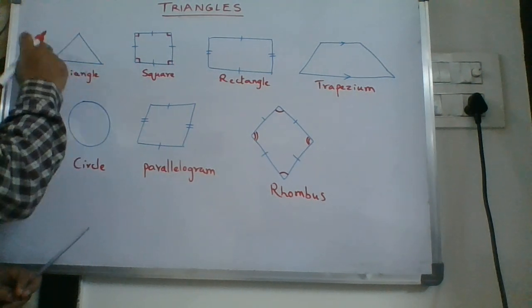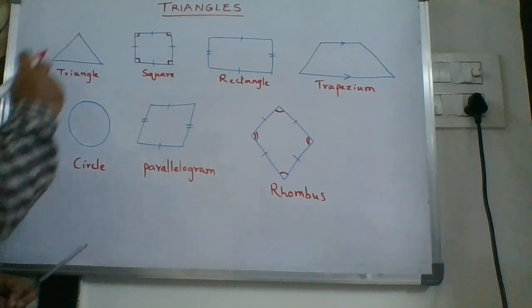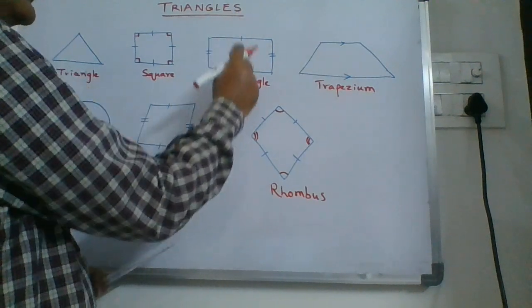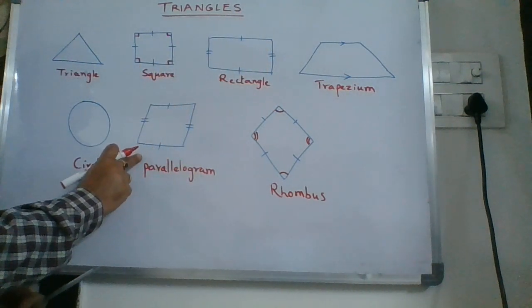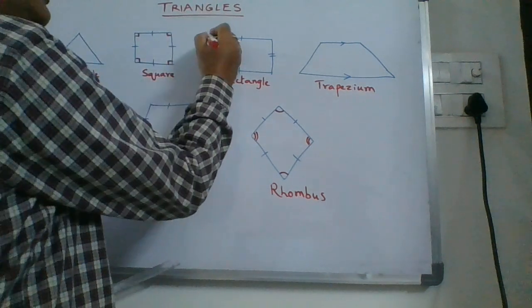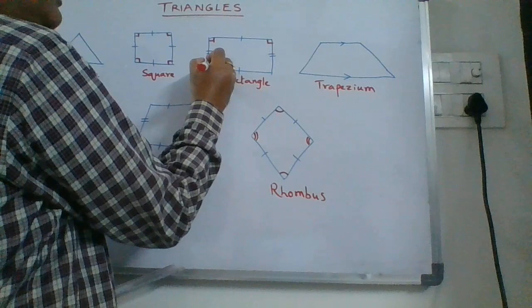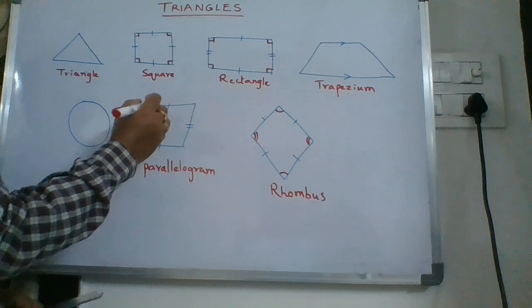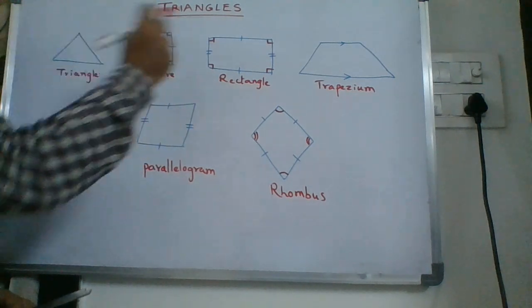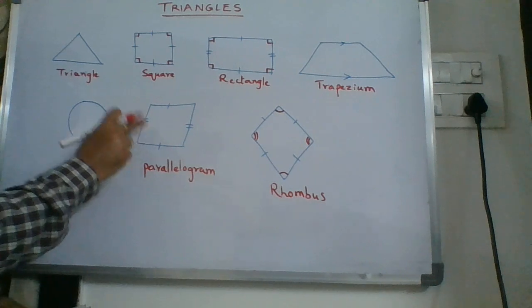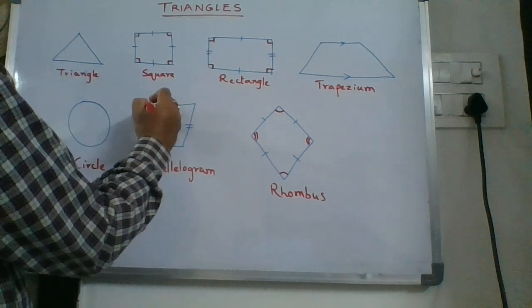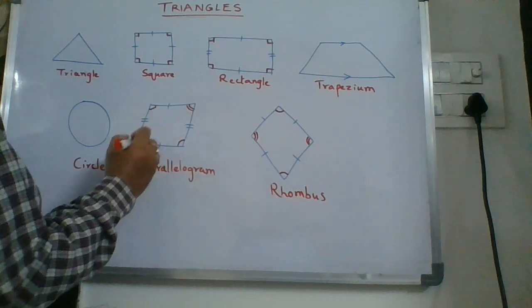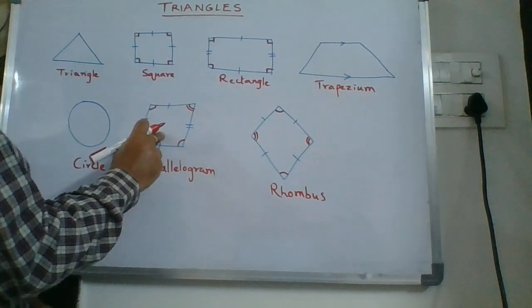And the triangle is a shape made of three line segments, isn't it? And in a rectangle opposite sides are equal, and in a parallelogram also opposite sides are equal. Again in rectangle each corner is a right angle, whereas in parallelogram it is not so. It's not compulsory that it's a right angle. Rectangle can be parallelogram, but parallelogram is not always a rectangle. So here also the opposite angles are equal. Here diagonals are equal, here diagonals are not equal.